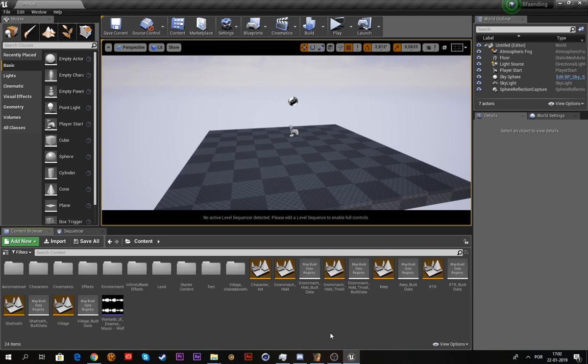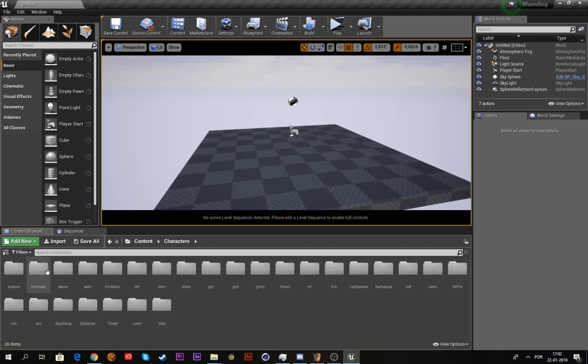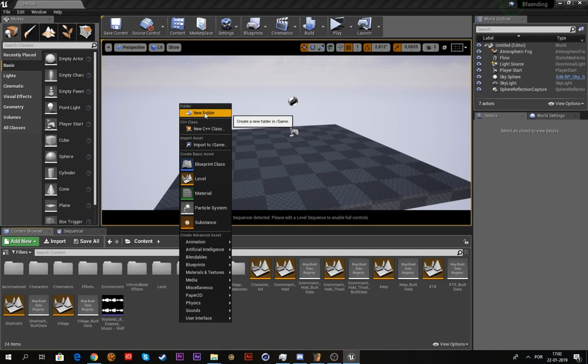But before that, we need to take care of something very important in this program, which is materials. I'll make a more in-depth tutorial later, so now we'll just make a very basic material. Another very important thing in Unreal Engine is that organization is very important, so you need to have your folders sorted out. For example, a folder for basic materials, characters, the cinematics you'll make, effects, environments, and so on. So for example, you have here a dwarf female, dwarf male, some lore characters, animals, etc. So now we're just gonna create a test folder for the tutorial,